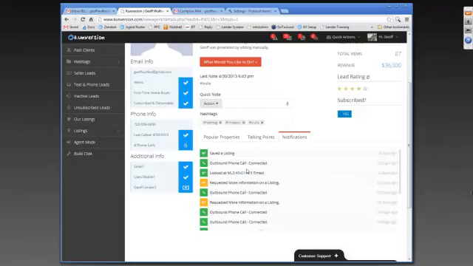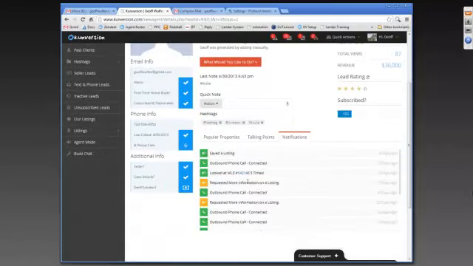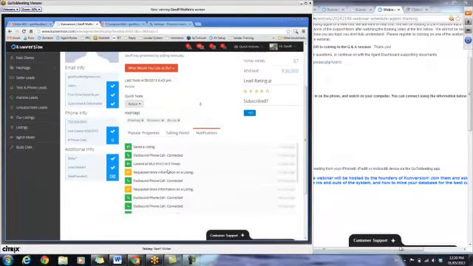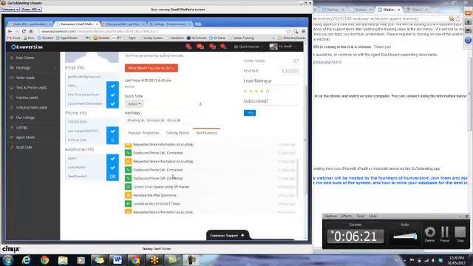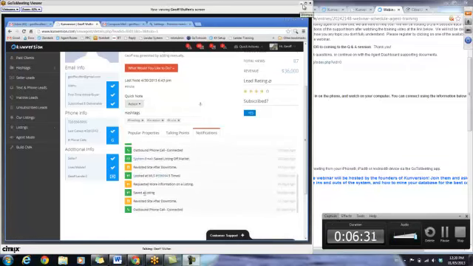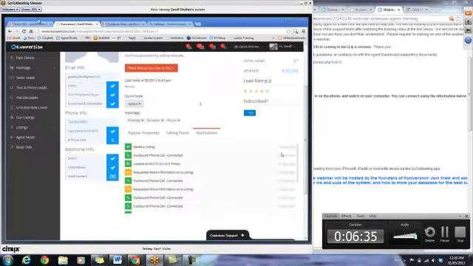Notifications are very similar to activity, with the exception that it also lets you know about the outbound phone calls. So whenever you call them and you record a phone call, it'll show you in a linear fashion what event happened first. If a system email goes out or if a campaign email goes out as well, those will all be listed here, and how long ago it was that